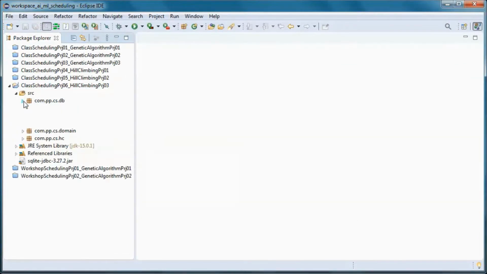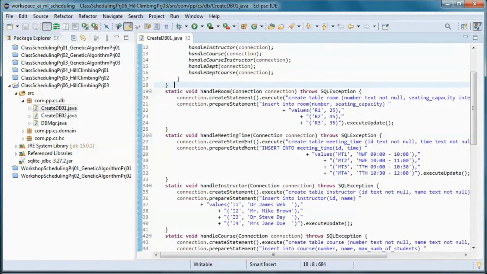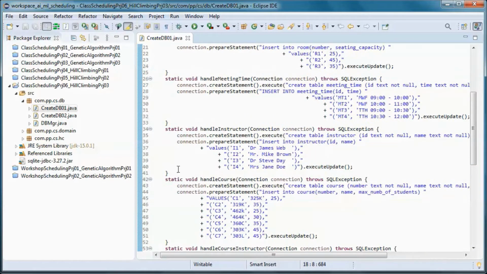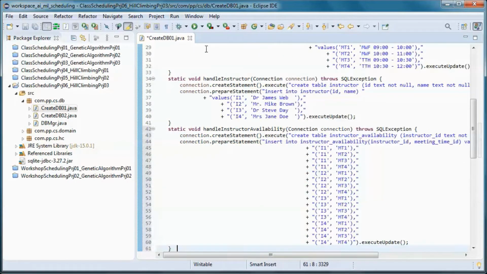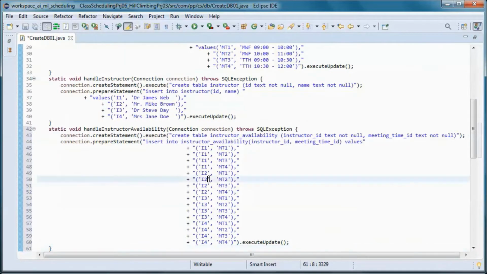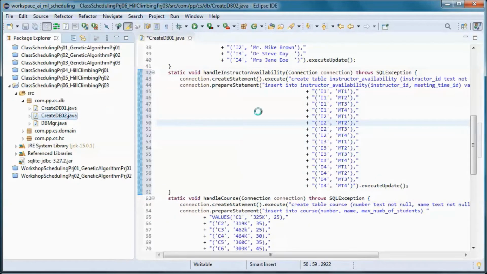And we need to add an instructor availability table here and here.